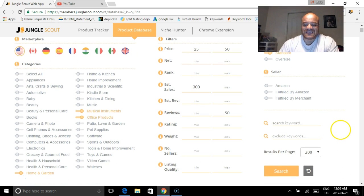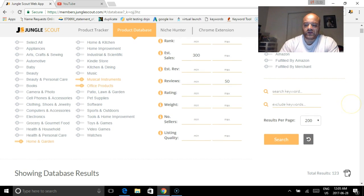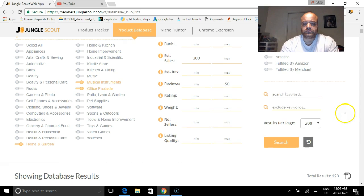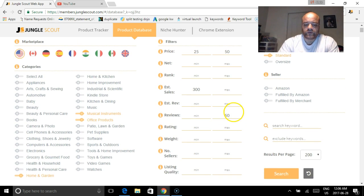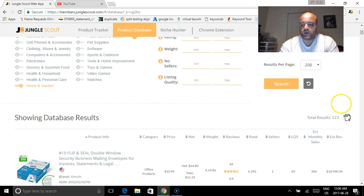I want to leave all the sellers on because I want to see what merchants are selling as well, and I want to see what Amazon is selling as well. And I want my results per page to be 200. So on those three criteria, with these minimum requirements, which are very, very good, a price range between 25 and 50, 300 minimum, and 50 maximum reviews, it gives me a total of 123 results, which